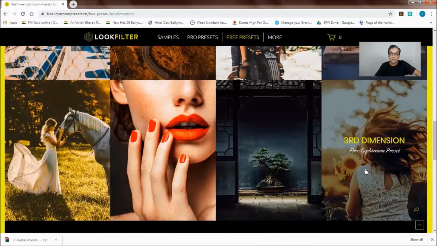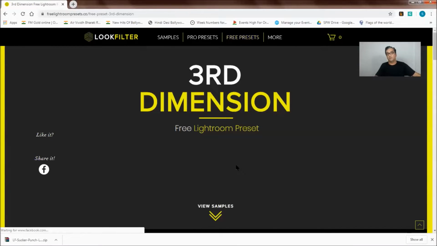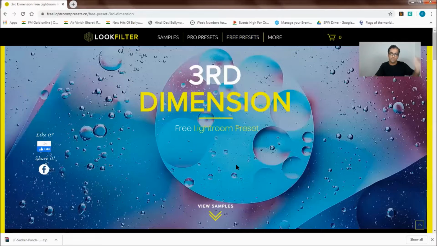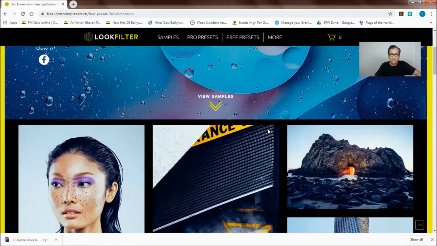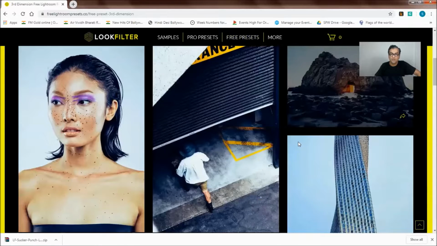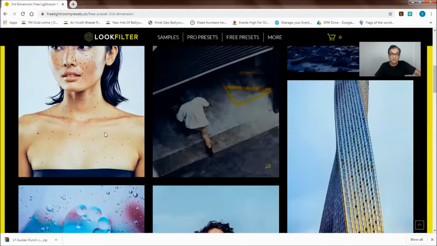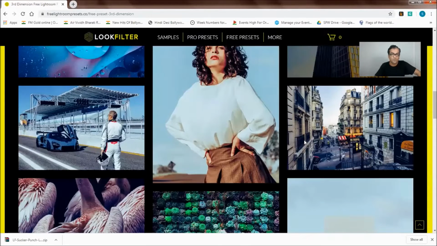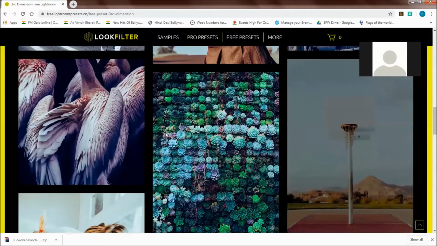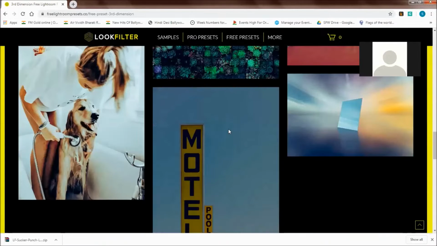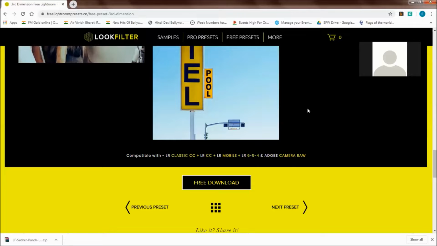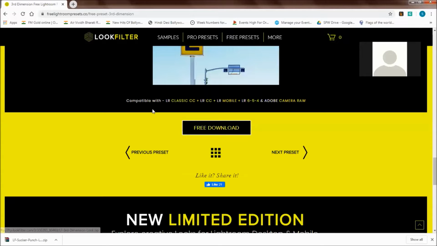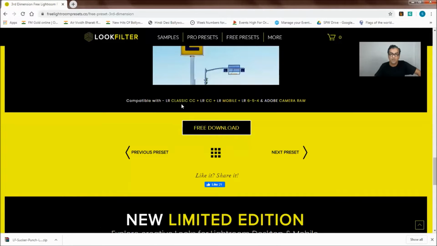After we click on it, it will take us to the preset page, and here we can see the sample images of this preset. If you think it suits the post-processing work you are going to do, you can download it. And here it says how it will work.